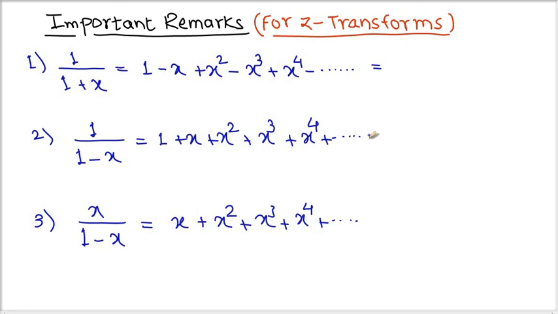You can write this formula in another way also. Suppose I take a bracket around this whole denominator. Nothing is written as a power of this bracket, so it is raised to 1. Now when I shift the whole bracket to the numerator, it will be raised to minus 1, right? So I will write this as 1 plus x raised to minus 1. In a similar way, here also 1 minus x raised to minus 1.